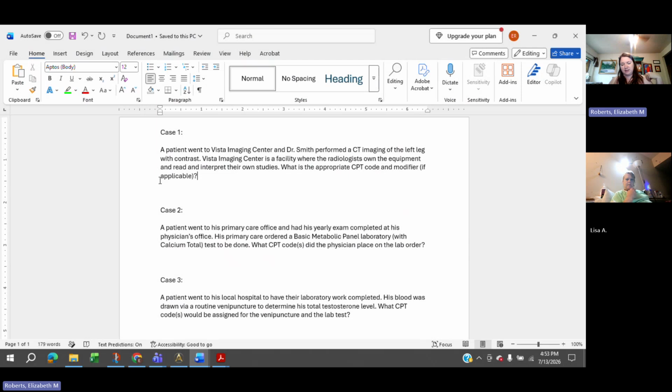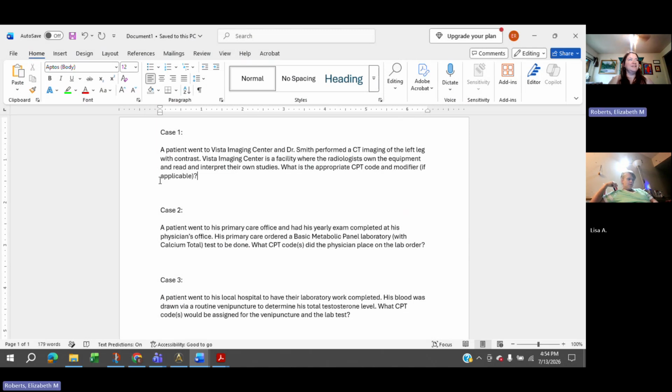And as we go through these 6 sections, they're organized differently because they're different types of services. So it helps to put yourself in a different mindset as you're coding these things out. Radiology, the vast majority of what's in the radiology section are diagnostic procedures, meaning we're doing them to get a diagnosis. Does the patient have a fracture? Does the patient have a gallstone? What's the status of the fetus, like your ultrasound procedure? There are some radiation oncology procedures in there, but we're not even going to touch those in this class. That's really, really specialized.